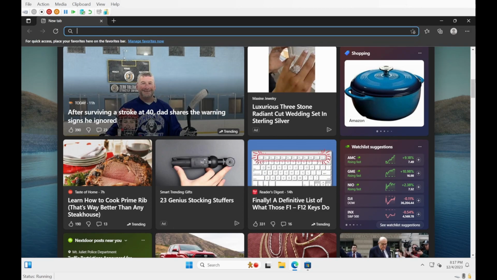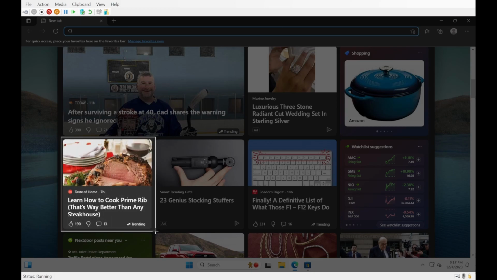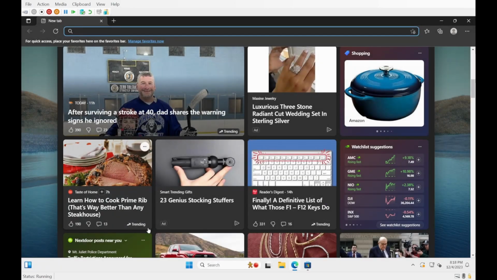And for my last keyboard shortcut, I am going to go with the Windows key, Shift key, and the S key. And what that is going to do is bring up the Windows snippet tool. So what will happen is you will get a snippet box that pops up here where you can do free roam or rectangle tools. And basically the screen is frozen behind. So you're going to go ahead and select the item that you want. Like let's say I want to get a screenshot of this how to cook prime rib. What it will do is it will take a snippet of that